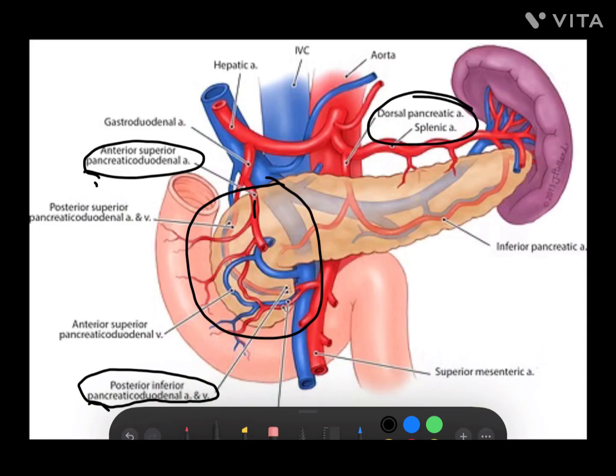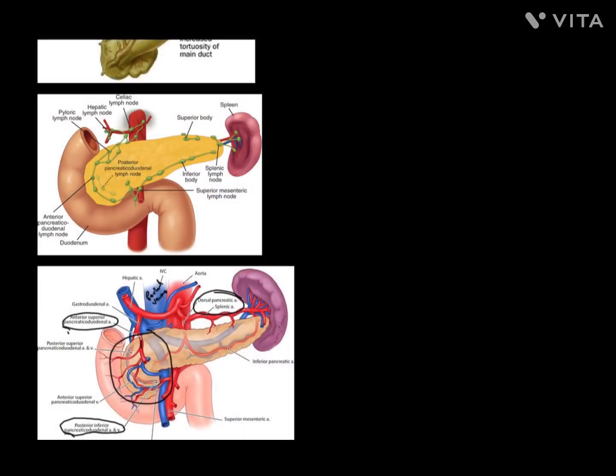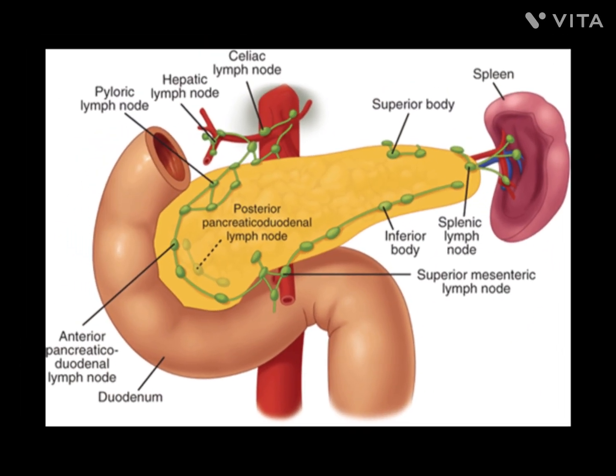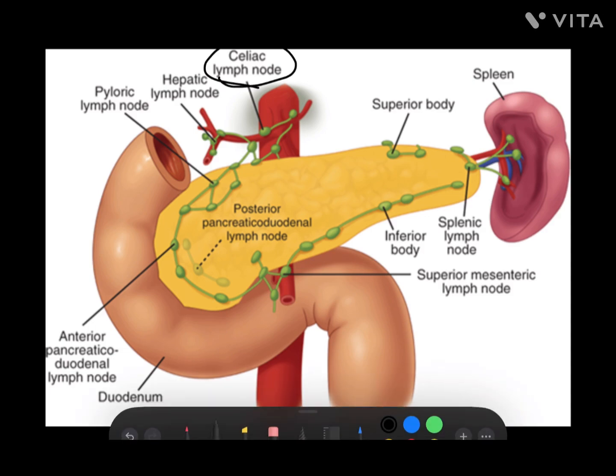Next we can see venous drainage, which is through the portal venous system. So these are the blood supply of the pancreas. Next we can see lymphatics. These are the main lymphatic system of the pancreas. Mostly the pancreas will drain to pancreatico-splenic nodes, celiac nodes, pancreatic nodes, and another one, the superior mesenteric nodes. These are the main nodes in the lymphatic system, because the pancreas drains to these nodes.